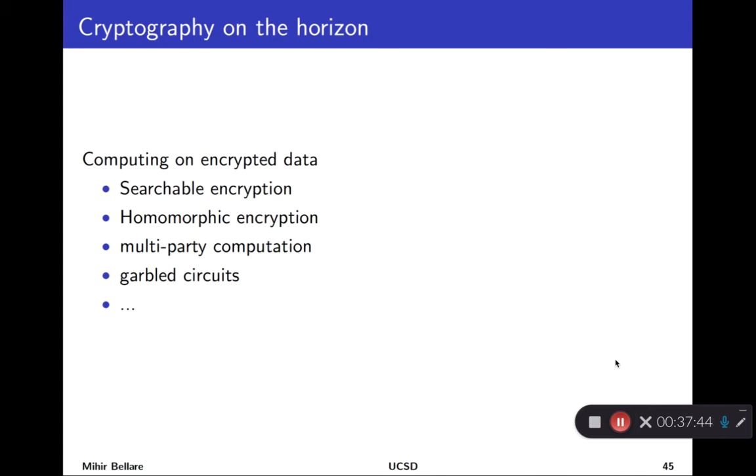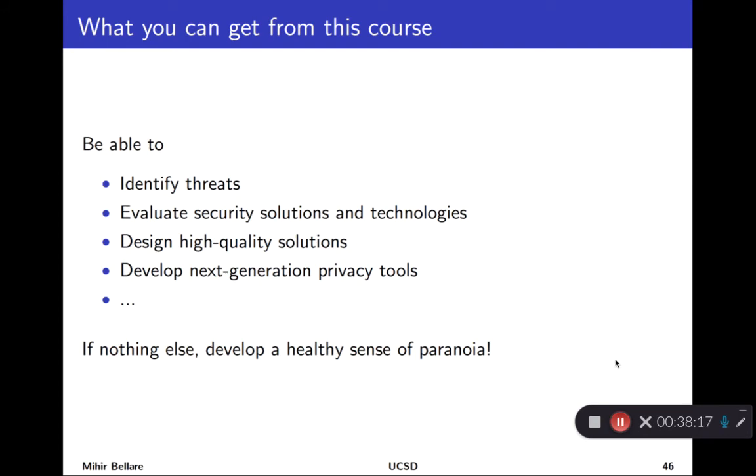You can enable different communicating parties to compute joint private functions of their inputs. So for example, you want to run a machine learning algorithm to develop a model on medical data that's held across multiple hospitals, and these hospitals don't want to share their data. And we can provide algorithms whereby the privacy of the data is preserved, but nonetheless some machine learning model is eventually created. And all these exciting things are getting more and more practical as we go along.